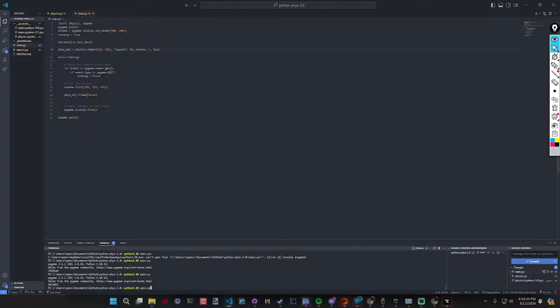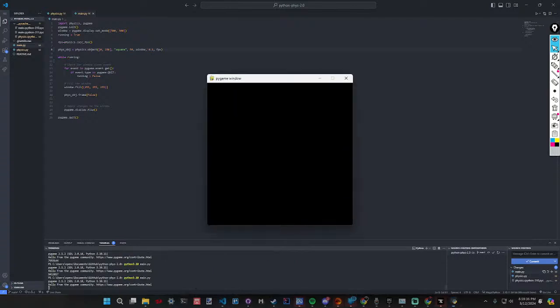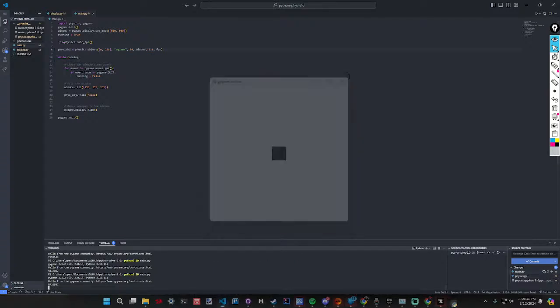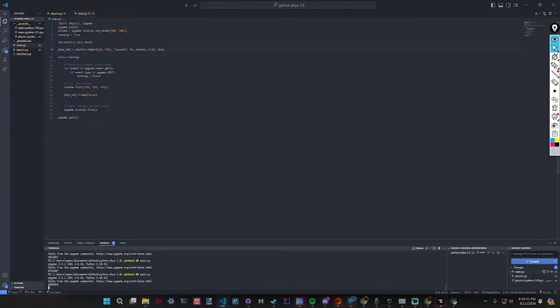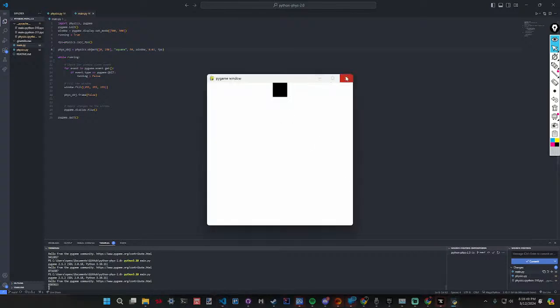So now if we make it 0.1, it'll stay perfectly in the center of the screen. Perfect. Now if we make it 0.01, once it, oh, there we go.